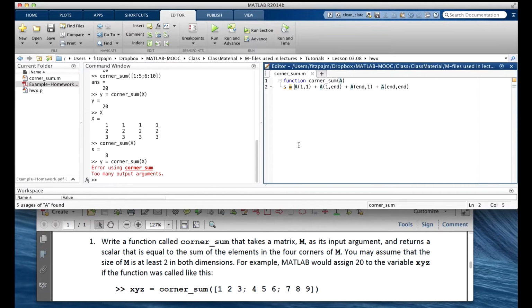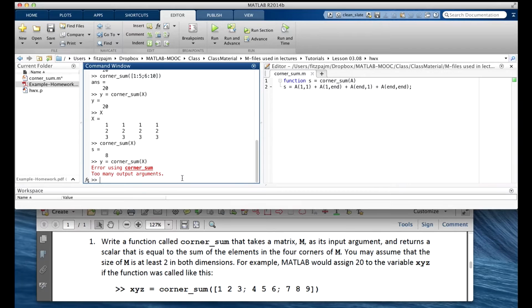Okay, let's hit undo a couple of times to get rid of this mistake, the print instead of return mistake. Now let's try this command again. This time it works fine. We calculate the value of s, we don't print it to the command window, but then we return it and it gets assigned to y. Now we've tested and debugged our function and we're ready to test it with the grader.